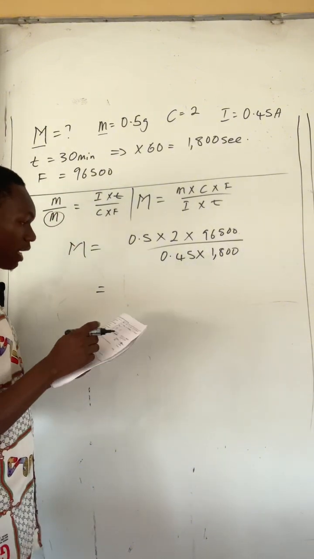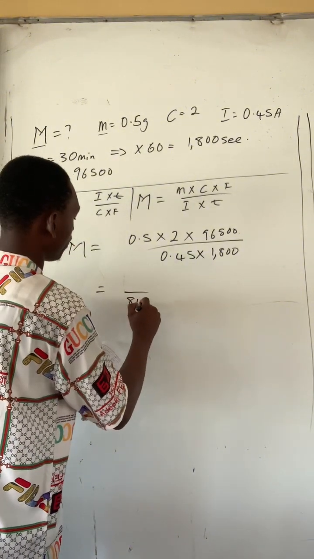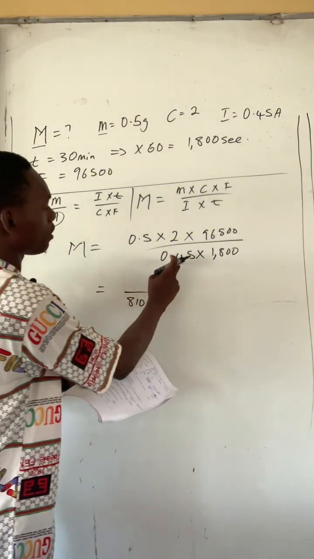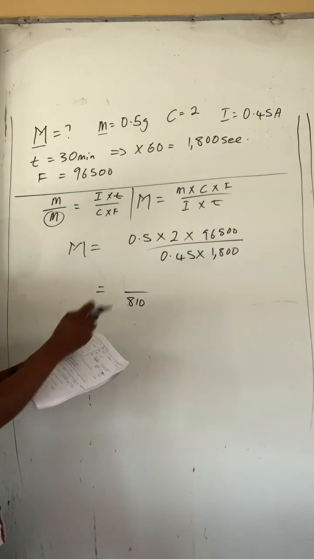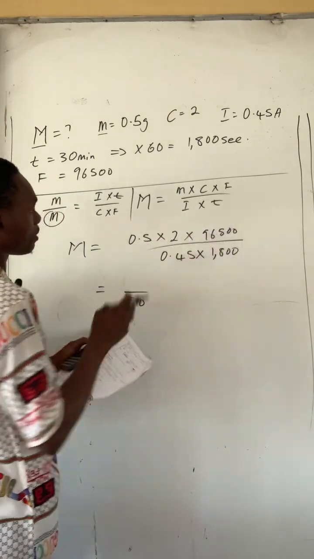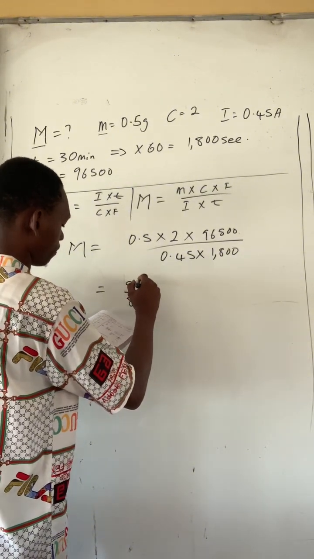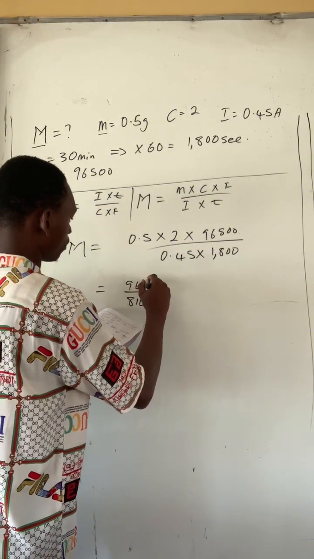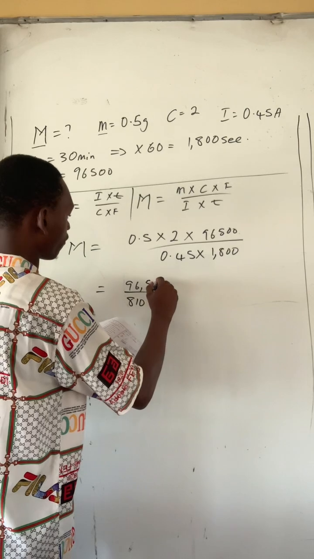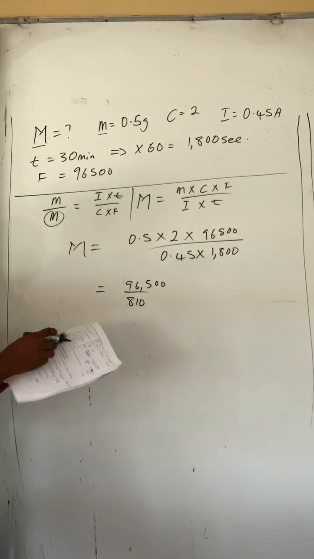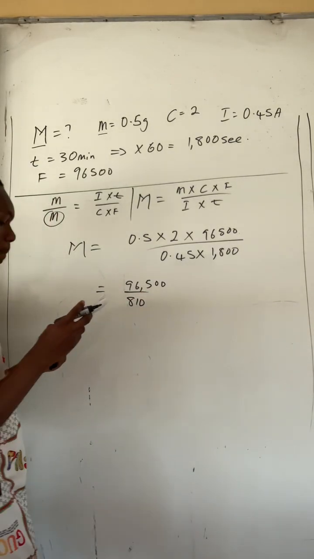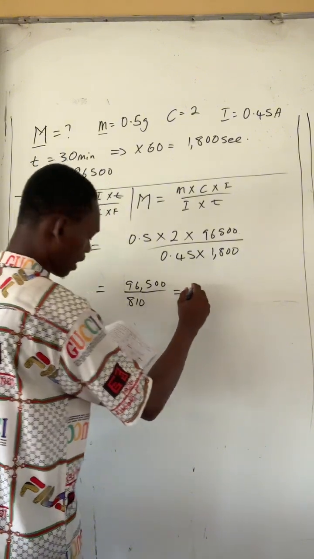When we multiply this, we'll get 810, and 0.5 times 2 times Faraday's constant, 96,500, and when we simplify that, we'll be getting